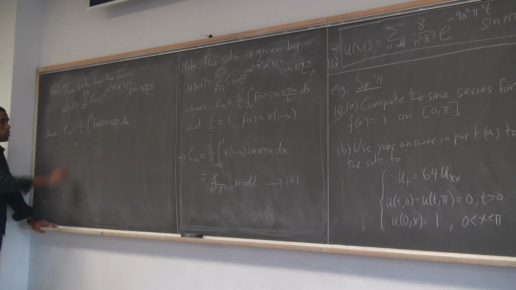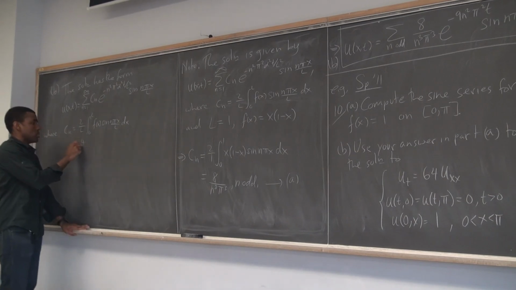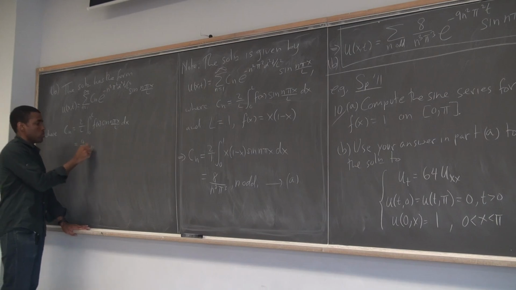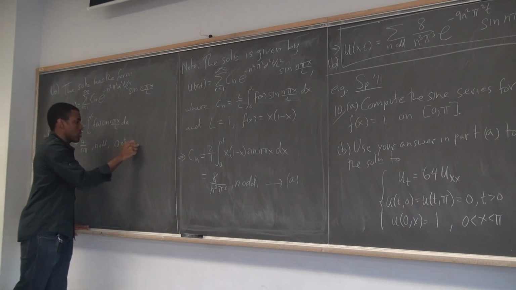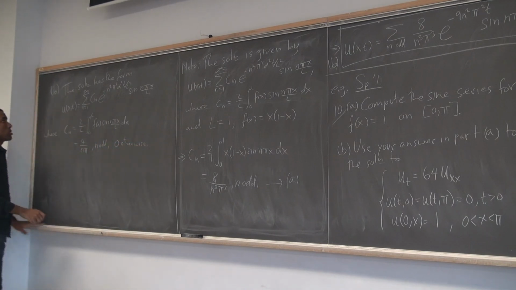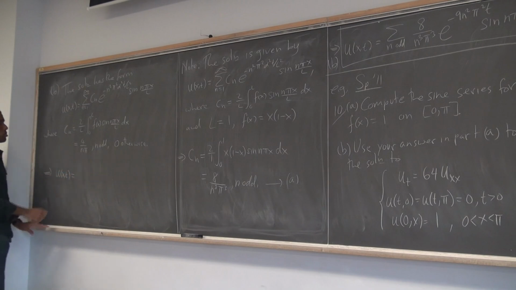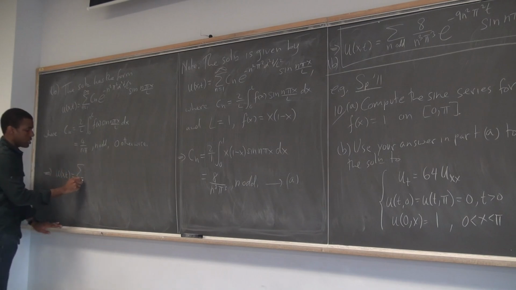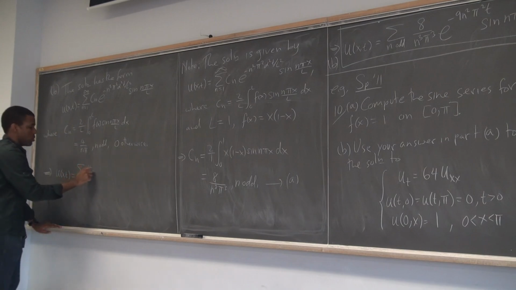So this we actually found, what was it, 4 over n pi? So this is 4 over n pi when n is odd, 0 otherwise. So this means u of x,t equals, I can just say it's odd n because my Cn is going to give me 0 whenever it's even, so I can just write n odd of 4 over n pi